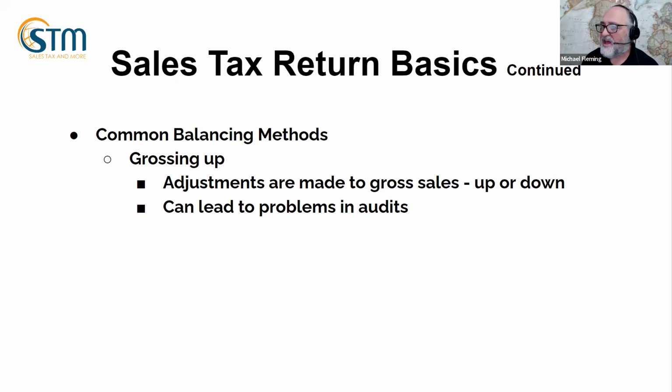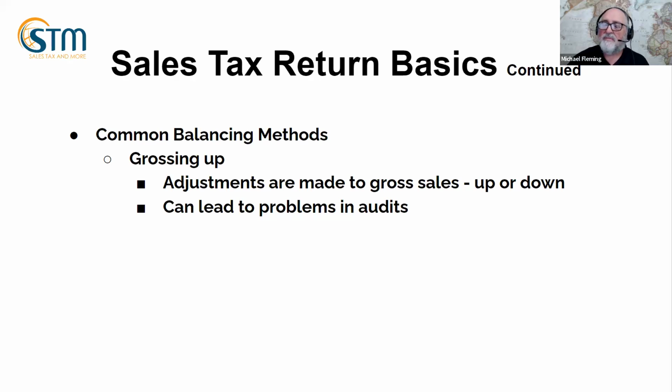Adjustments are made to gross sales, and they will manipulate the gross sales up or down in order to make this thing fit, so that you can submit the return. I think this one can lead to problems in audits, because when you start messing with your gross sales, an auditor is going to be checking that, and they're going to want to know why things don't match up. A lot of times you'll be able to explain it away, but once you open up that can of worms,